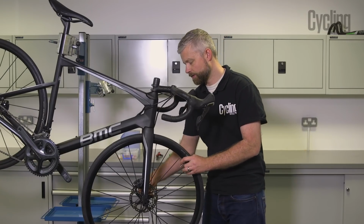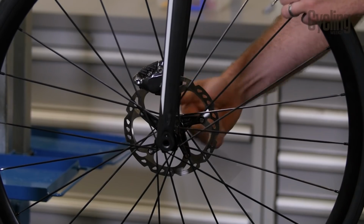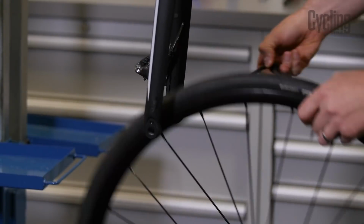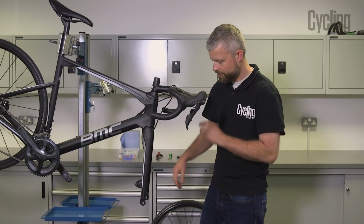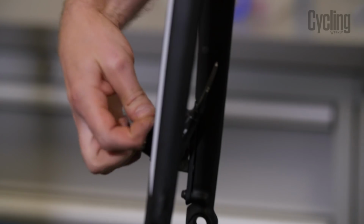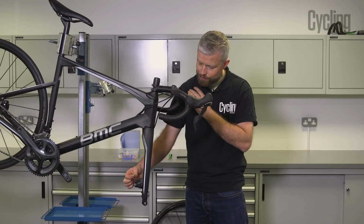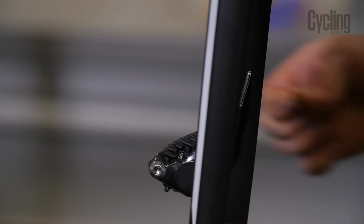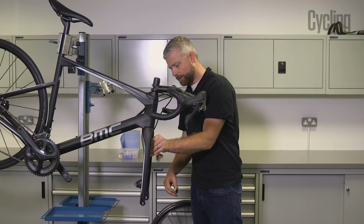So first thing we're going to do is we're going to remove the wheel and we're going to remove the brake pads. So on this wheel, it's got a bolt through axle. So we'll remove that, get that well out of harm's way, and then you should have a little clip which fastens onto the pad retaining pin that runs through the caliper. So remove that, put it somewhere safe, and grab your small flat bladed screwdriver,